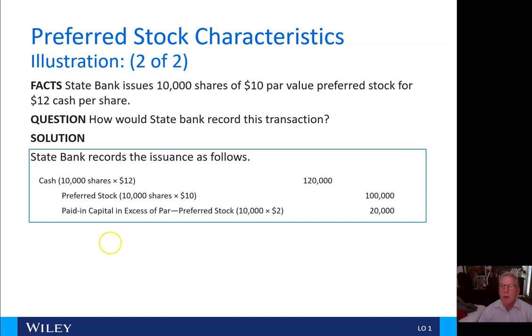Okay, so if we look at this real quickly here, the bank issues 10,000 shares of $10 par value preferred stock for $12 per share. Pretty straightforward. We received $120,000 in cash, and we break it into the two pieces of preferred stock and paid in capital in excess of par. Okay, that looks like a good place for us to stop this video, and when we return,